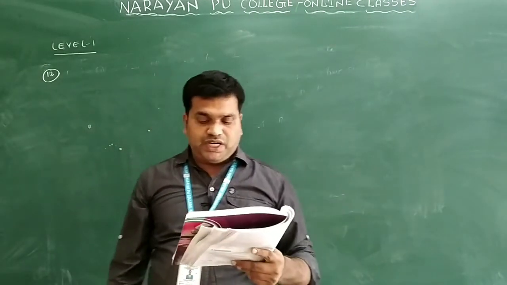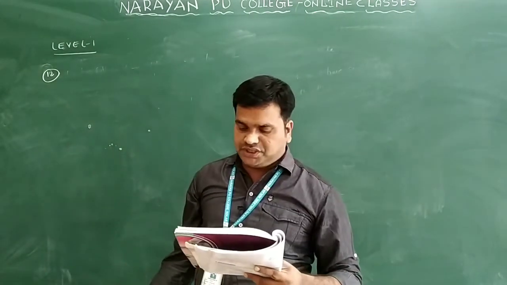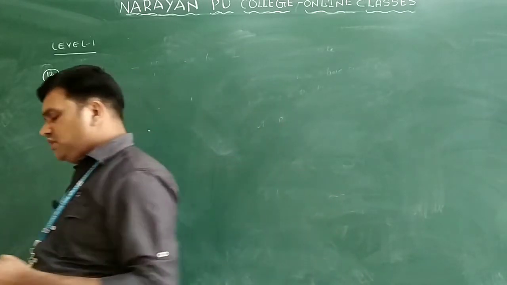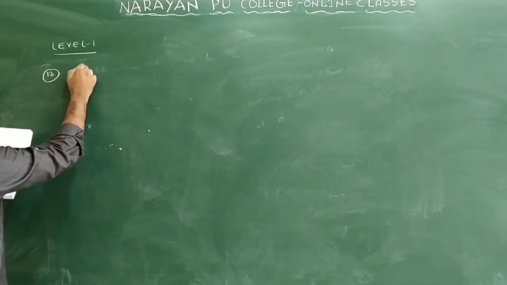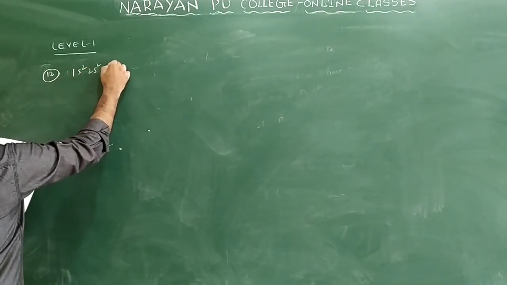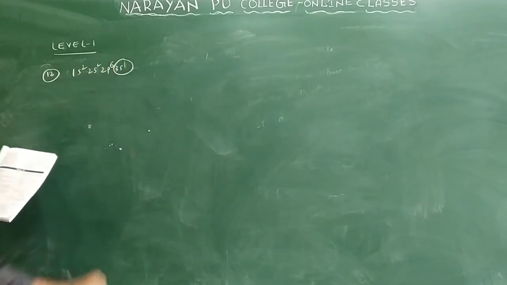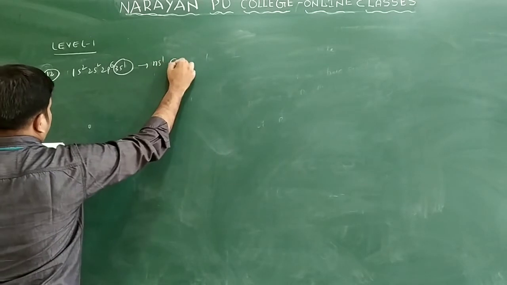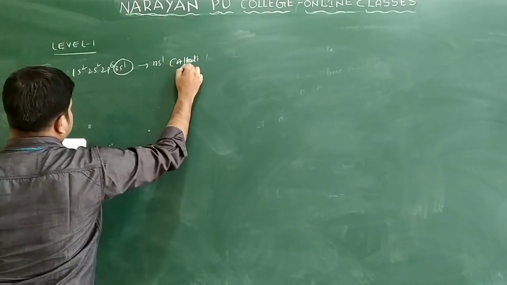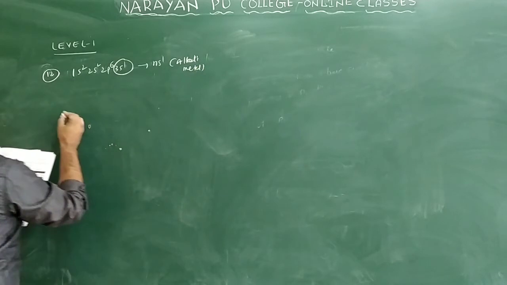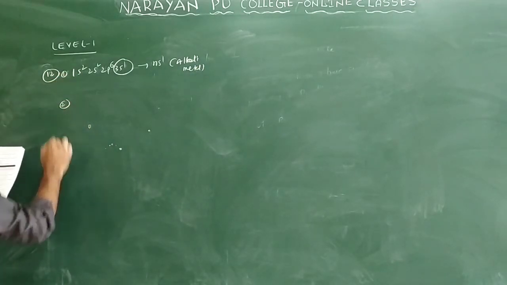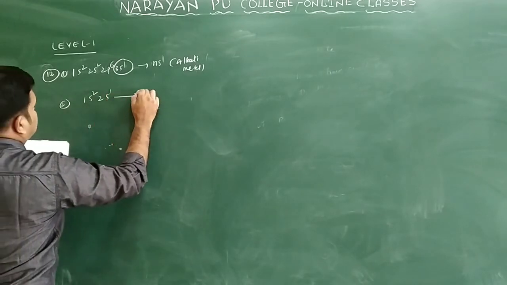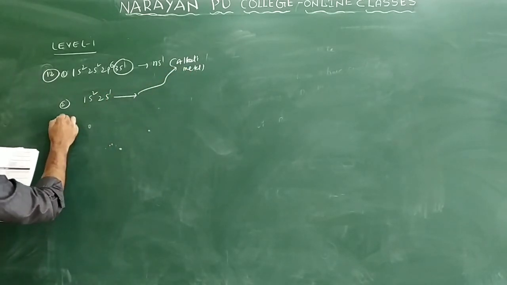See the next question we have. Find the odd element from the electronic configuration. They are asking for the odd element among the electronic configurations. The first configuration given is 1s2, 2s2, 2p6, 3s1. You see the valence electron configuration is ns1, which is an alkali metal. And the second option is 1s2, 2s1, which is also an alkali metal.